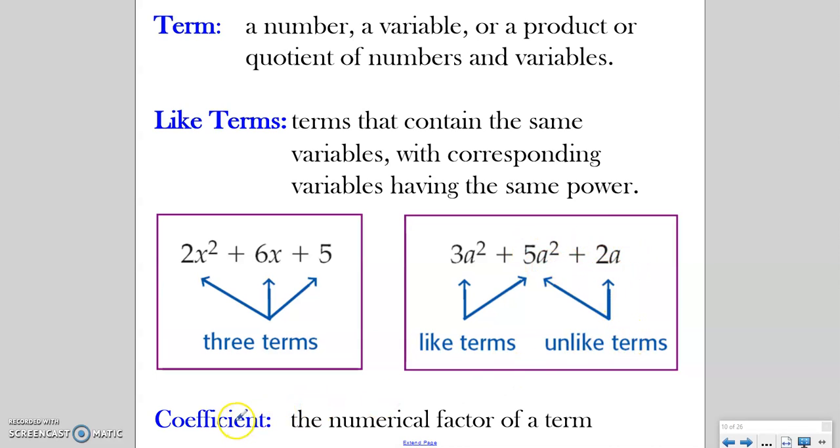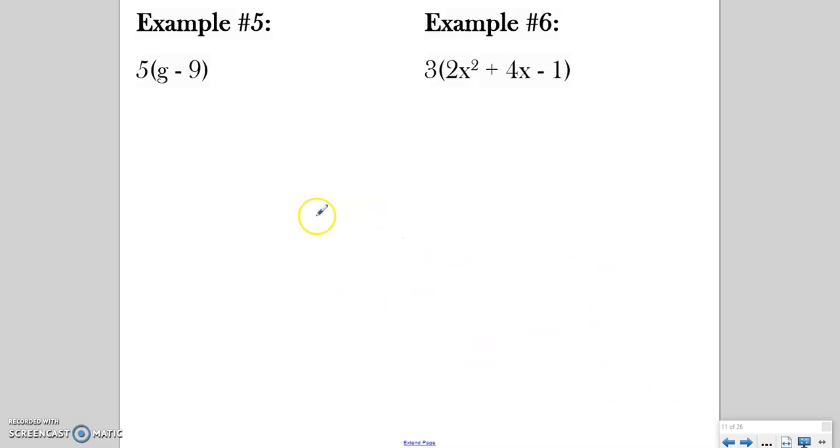The next one is coefficient. It's a numerical factor of a term. So basically, coefficient deals with numbers, and you always find it in front of the variable. So just like the 2 in front of the 2x, the 6 in front of the x. Okay. So we're going to do more examples dealing with distributive property, but with